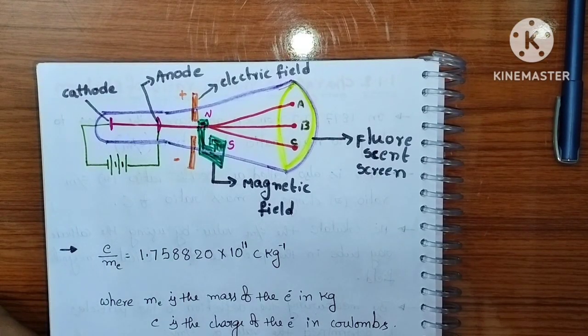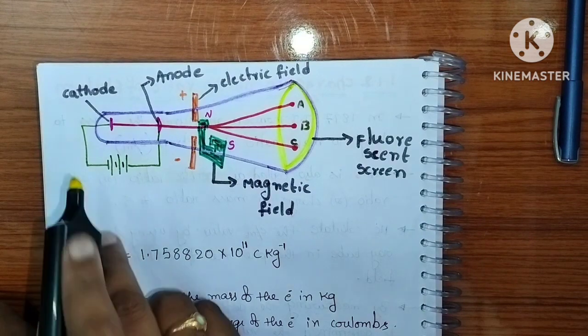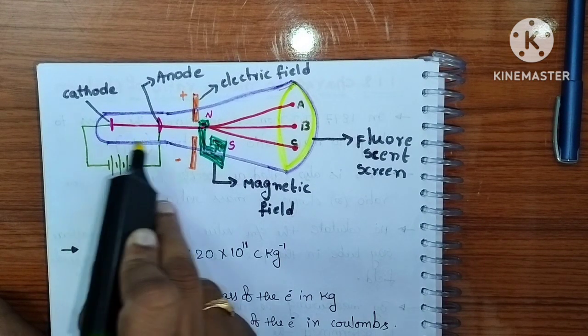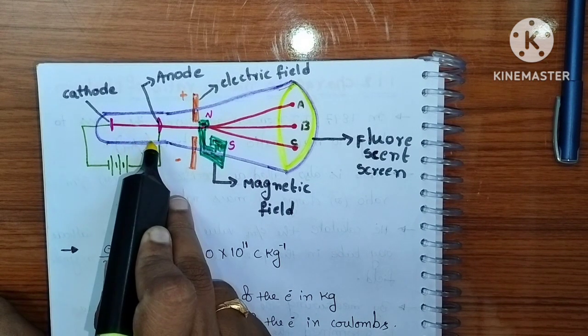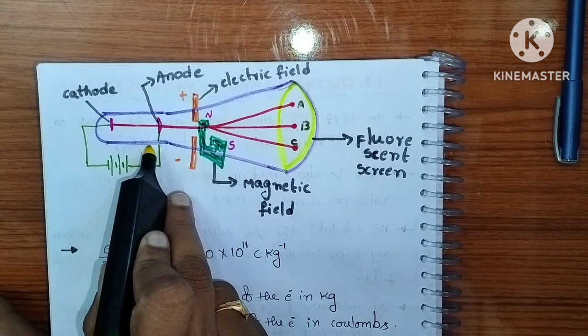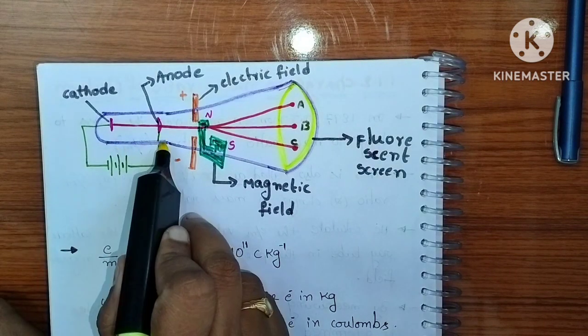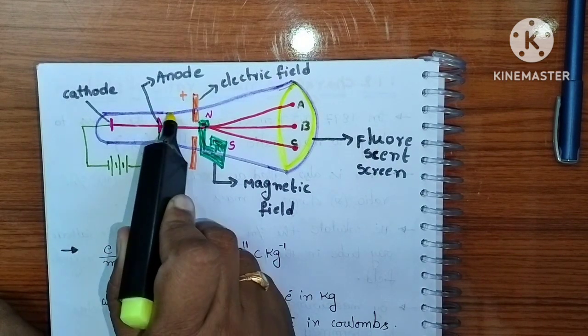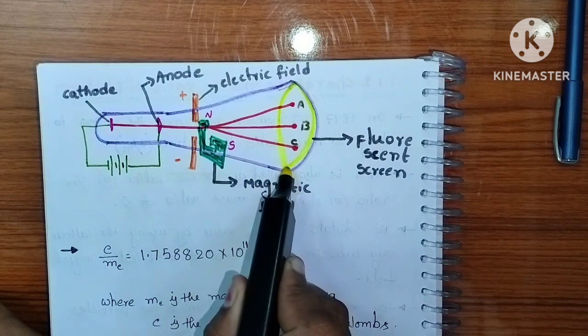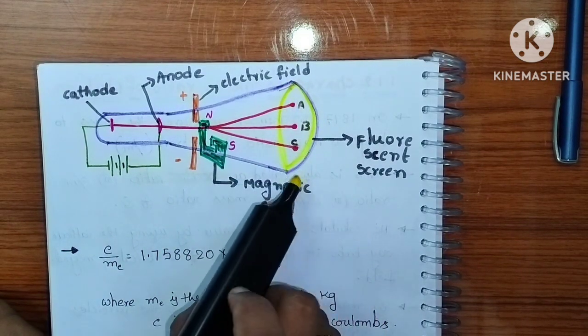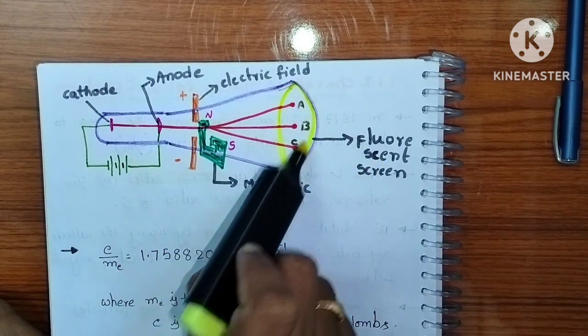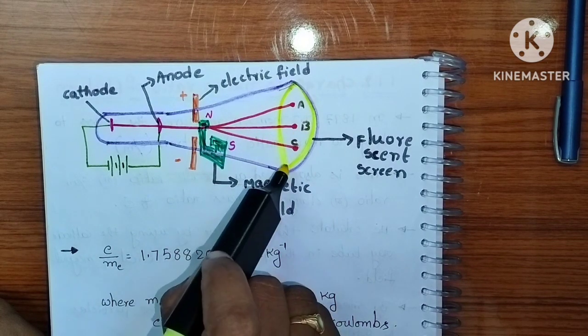So now coming to the experimental part, already I told you he used the cathode ray discharge tube for the measurement of e by m value. So this is the cathode ray discharge tube. He extended the cathode ray discharge tube and he also adjusted a fluorescent screen to observe the deflection